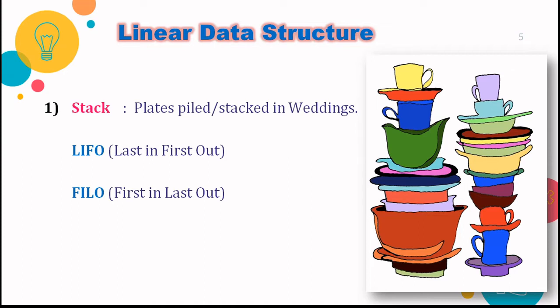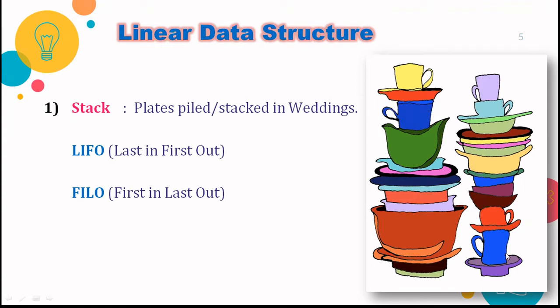So what do we do there? As you can see in this diagram, if you try to take out this mug, let's say this blue mug first, what will happen? Everything will fall down, and if let's say they are crockery and of ceramic, then what will happen? All the crockery will break, right? Similarly here also, if you try to take out this bowl first, or this green bowl first, then what will happen? The whole structure will be disturbed and everything will fall, right?